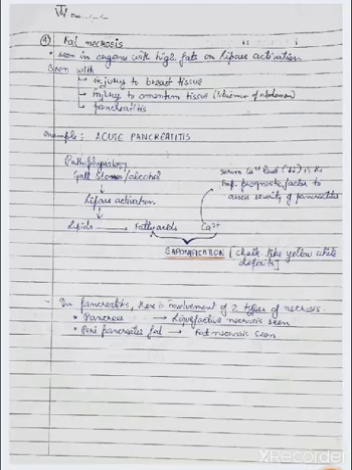Fourth subtype is fat necrosis, seen in organs with high fat or lipase activation, and seen in injury to breast tissue, injury to omentum tissue, which is the policeman of the abdomen, and pancreatitis. So, fat necrosis is seen in injury to breast tissue, injury to omentum tissue, and pancreatitis. Now, an example is acute